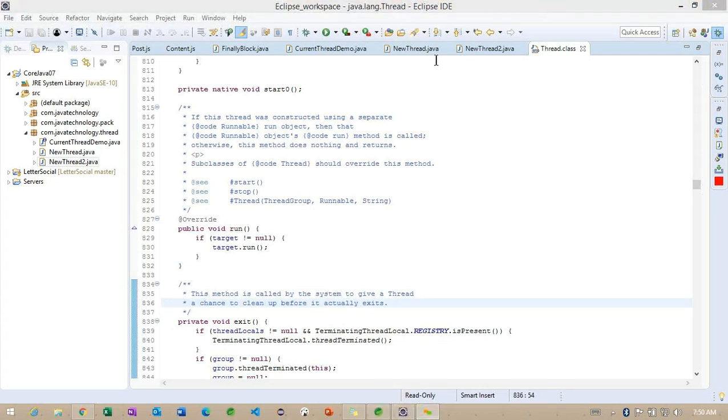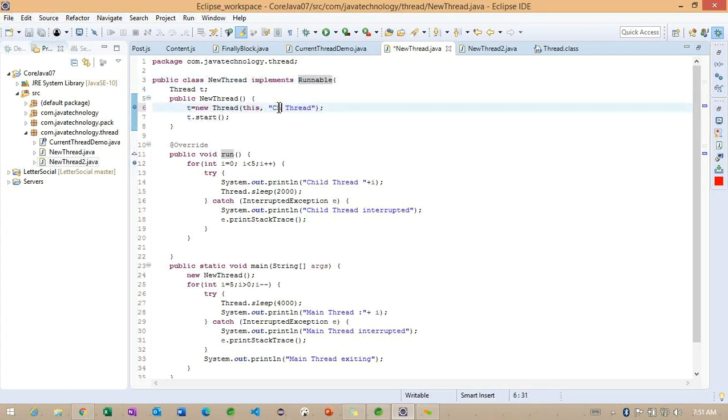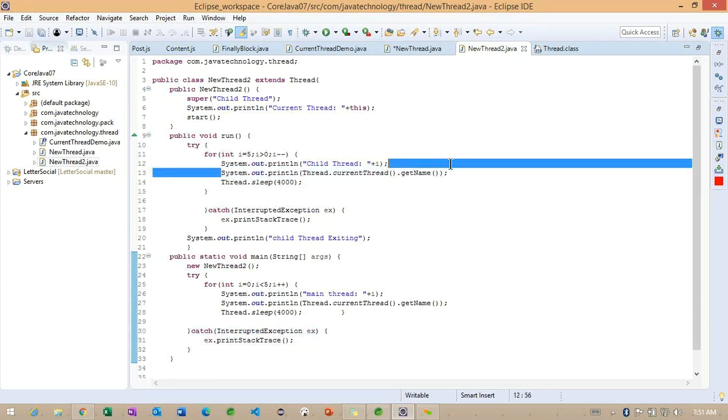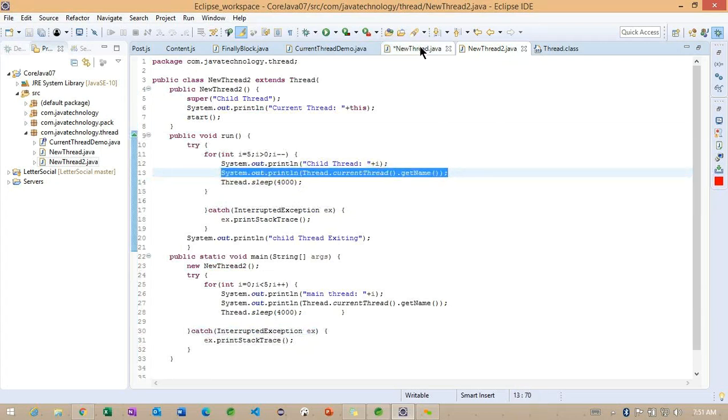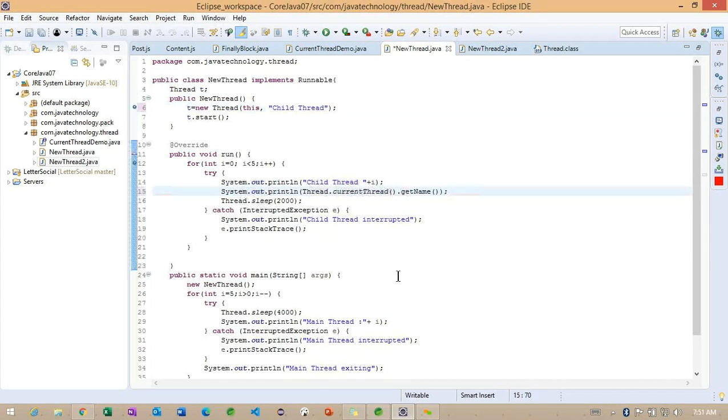Now I'm going to work with multiple threads here. So now carefully observe, to work on multiple threads, what exactly I'm going to do here. And here, for the name of the thread, I'm making something called child thread. So here also we can make something called child thread. And let me copy the current thread information so that we'll get an idea how many threads are trying to execute here.